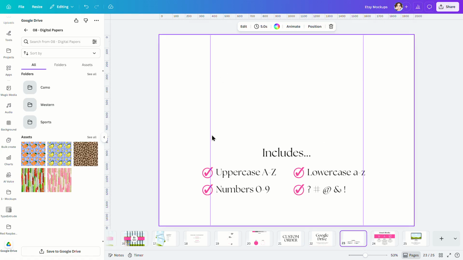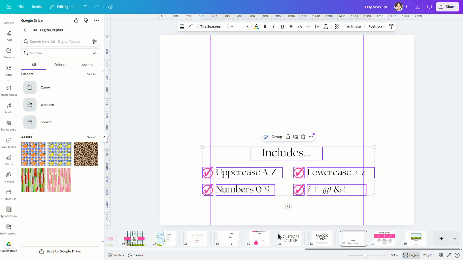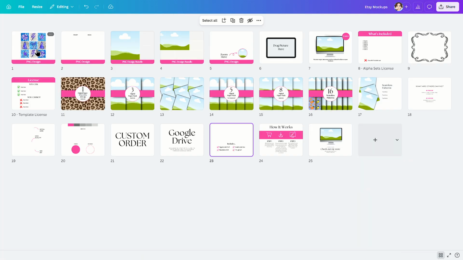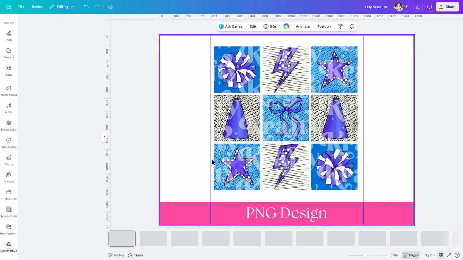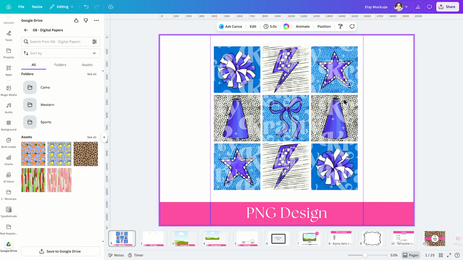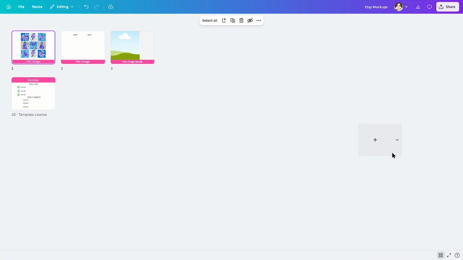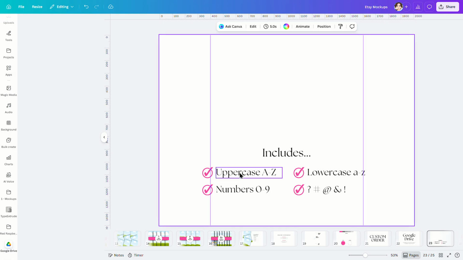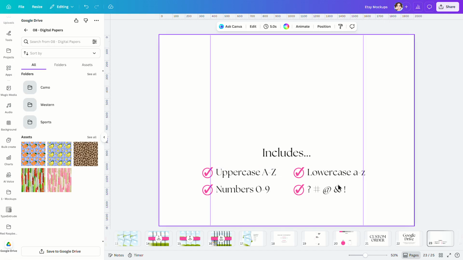This is what I do for my alpha sets for my second one. So what I'll actually do when I do my alphas is I'll make the original design right here, and if I'm doing a Christmas font, I'll do a Christmas text right here. I'll make this an alpha set. And then I like to group that picture over here with what it includes, and make sure you put if it's uppercase, lowercase, numbers, what punctuation and things they're going to get,